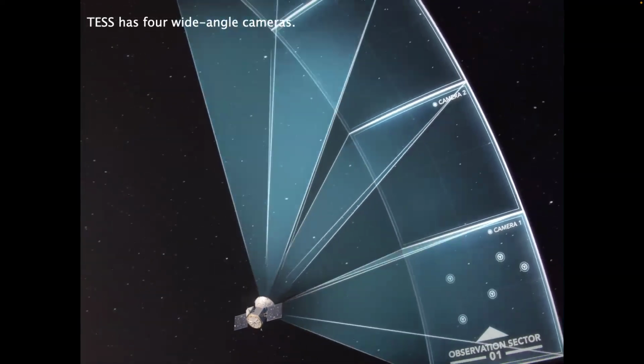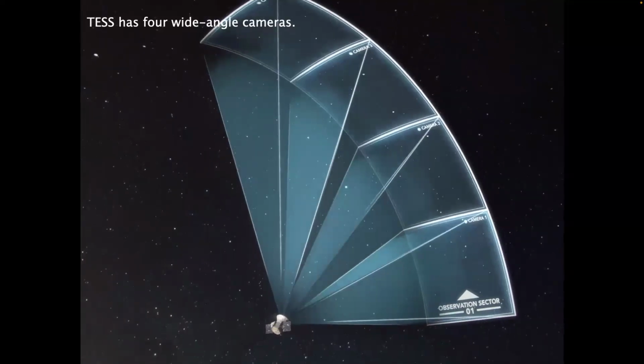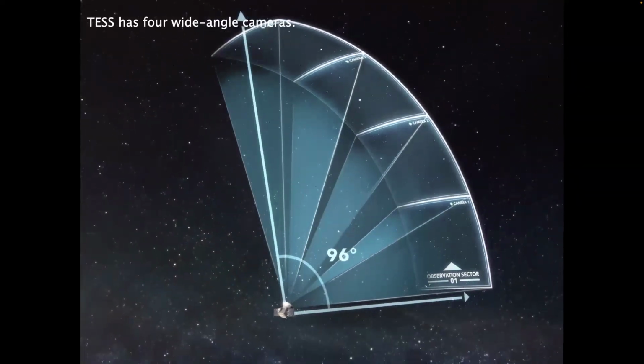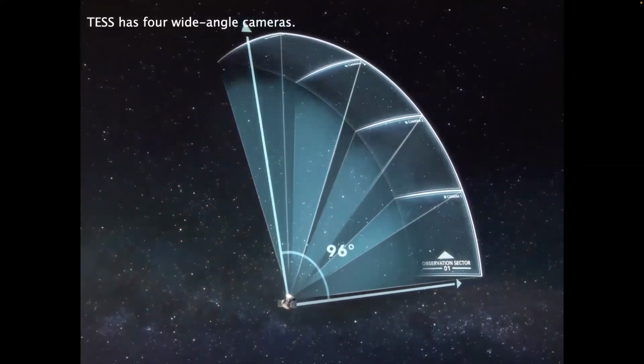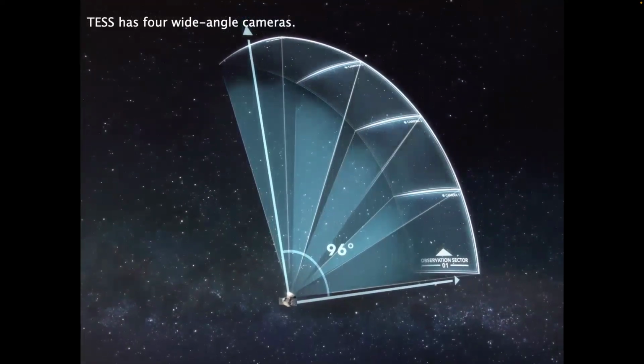That number depends on how faint you want to go. So you might find different numbers in the literature, and that's okay, because it depends on where you cut in terms of brightness. Fainter stars are interesting, but they're not as useful for finding these because your photometric precision degrades.